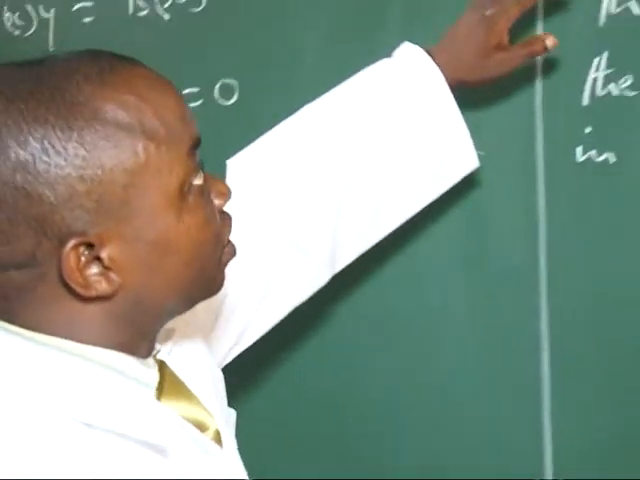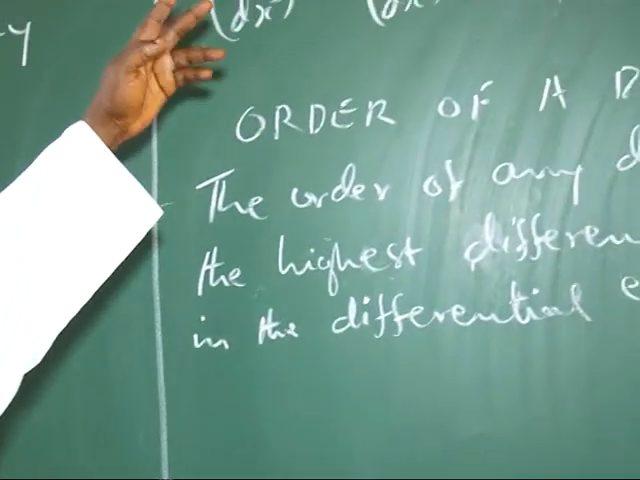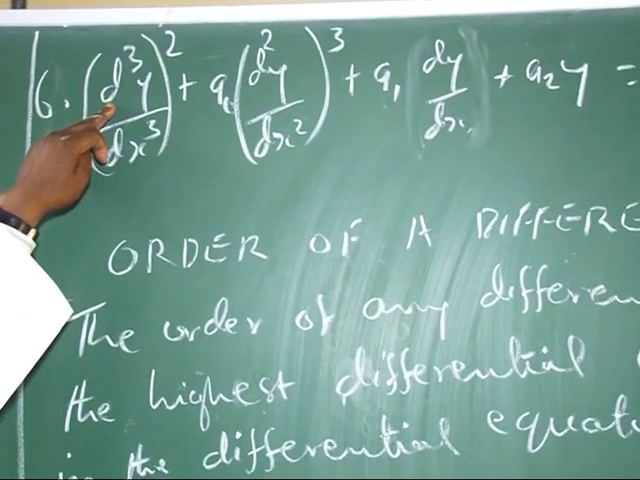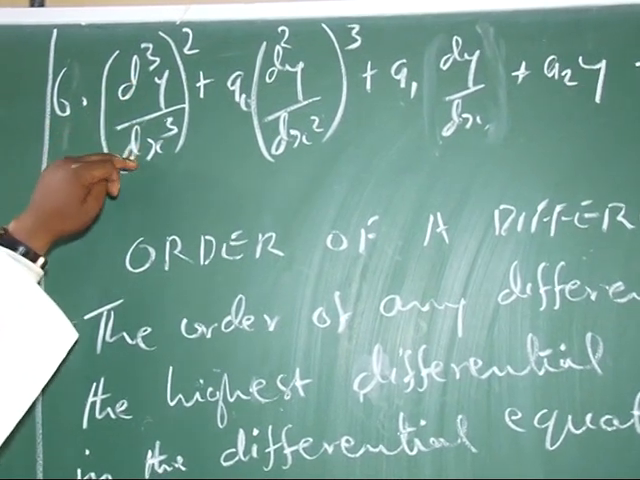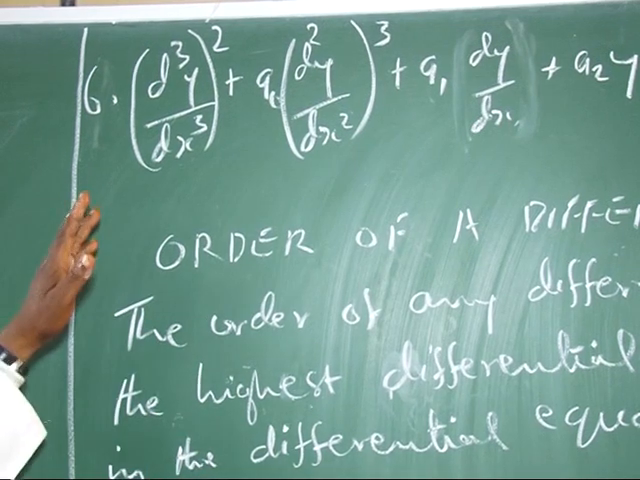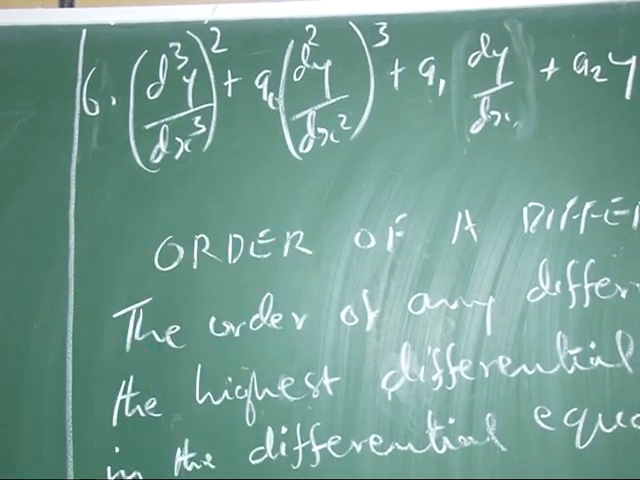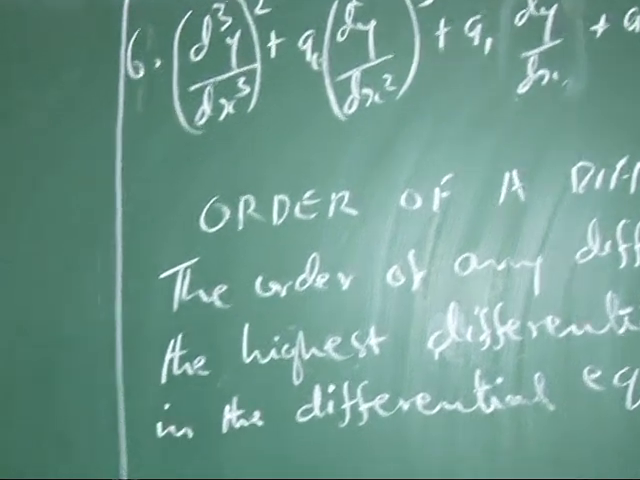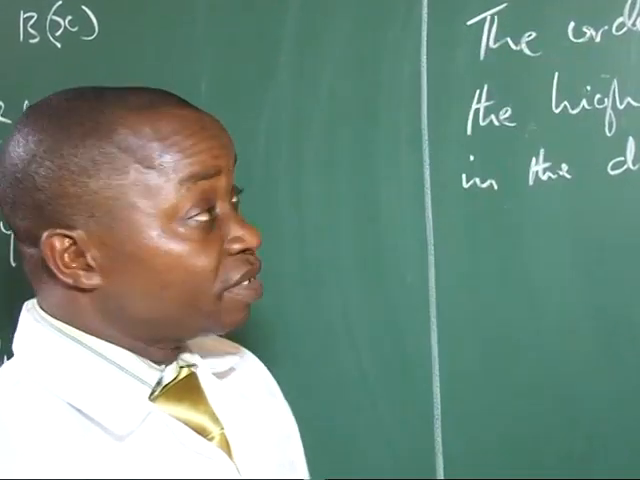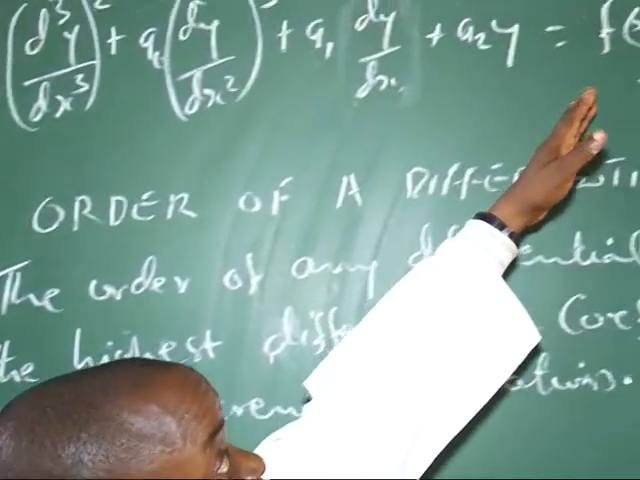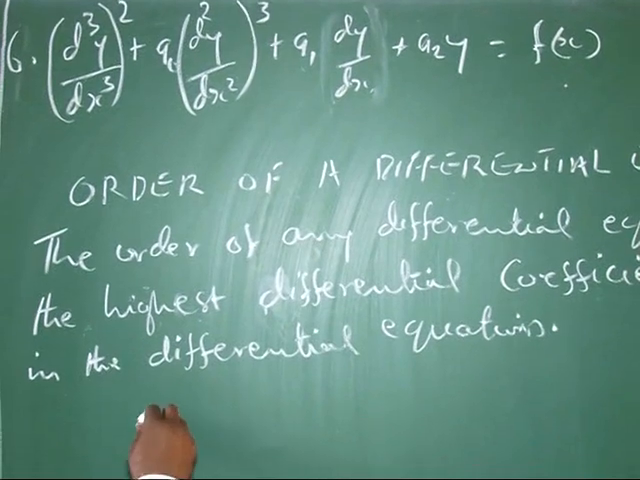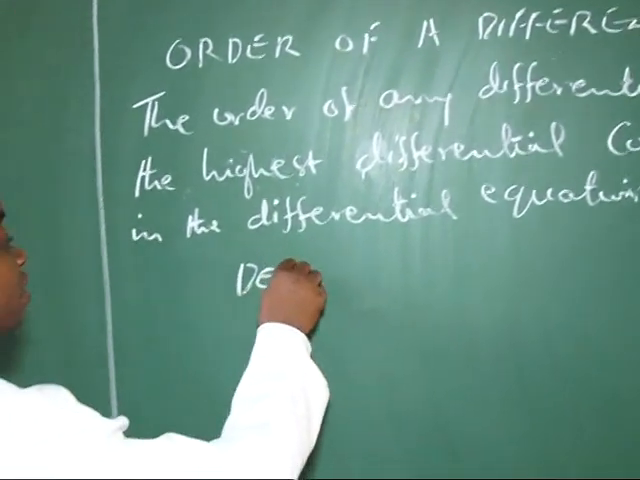Now we look at this one. It is of order 3 because the highest differential coefficient is d cubed y over dx cubed, which is the third derivative. So we call it a third order differential equation. Of course, it is non-homogeneous. You can see there is a function here to the right. Okay. Now let's look at what we call degree